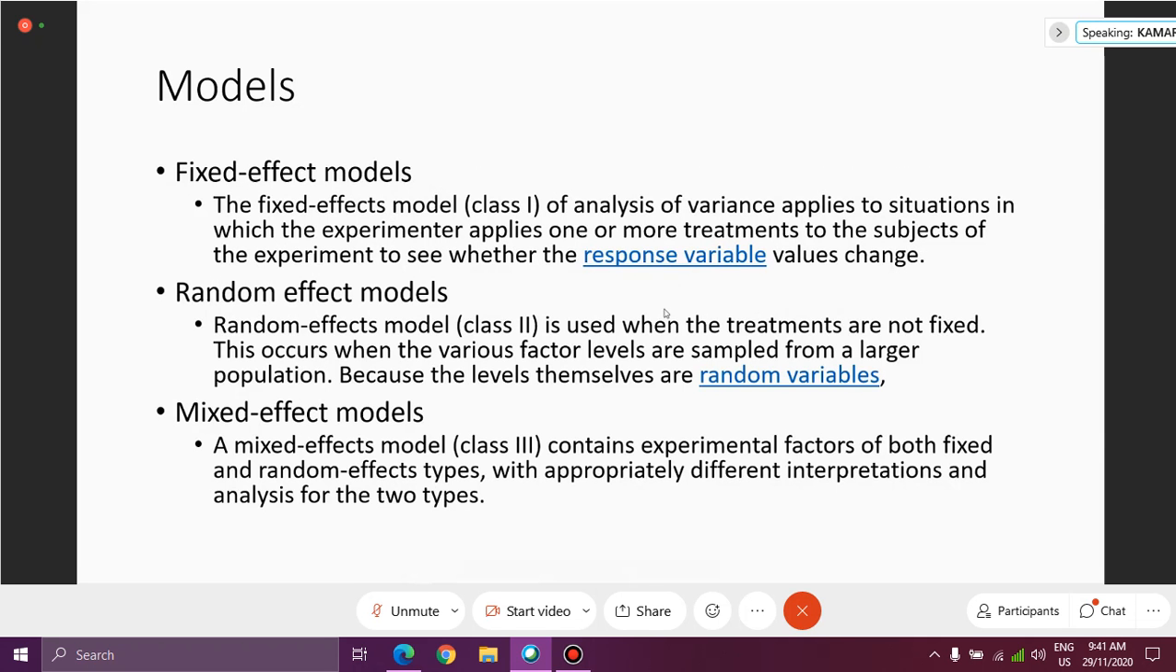In ANOVA, there are different models. First one, we have the fixed effect models. Number two, we have random effect models. And number three, mixed effect models. Fixed effect models mean